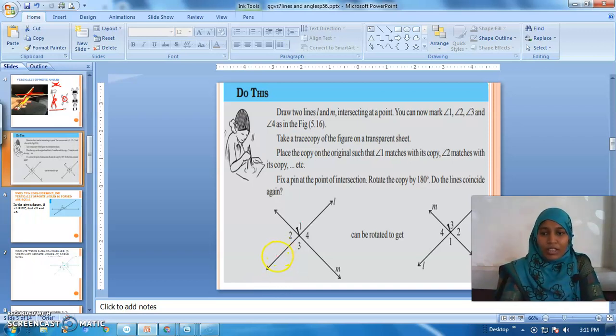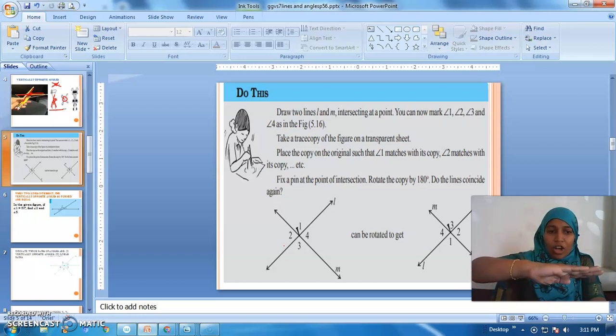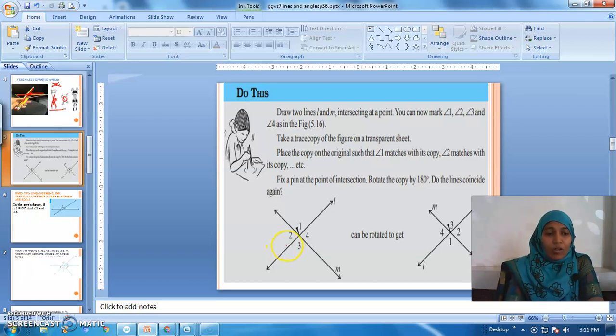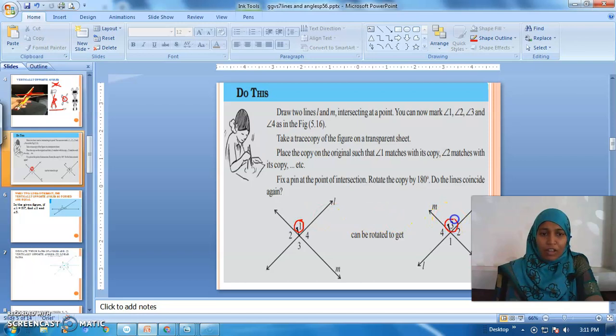Rotate the copy by 180 degrees. If you rotate it 180 degrees, that means rotate half of the circle. Half circle is 180 degrees. If an angle is on top, the top angle should come to the bottom. Likewise you rotate it. Now again, there will not be any change in the picture. Both will look the same. See here, in this diagram we have angle 1 here. After rotation, angle 3 would have come to the top. Angle 1 would have come at the bottom. Similarly, these two would have changed their positions. But then, they will overlap each other.